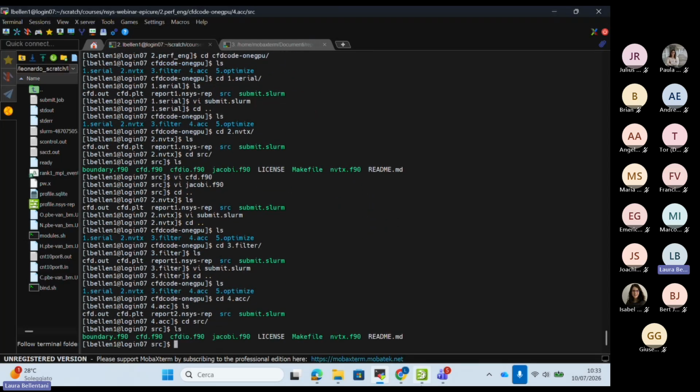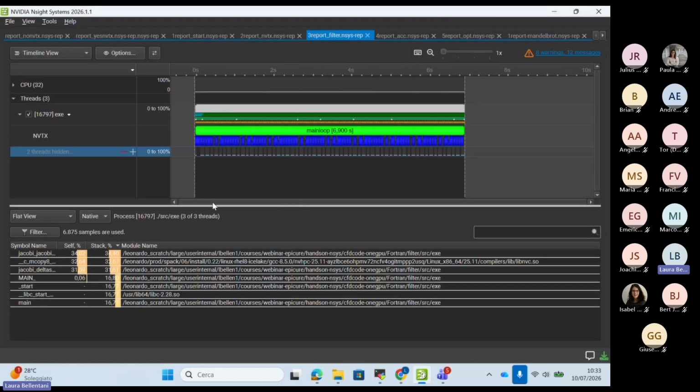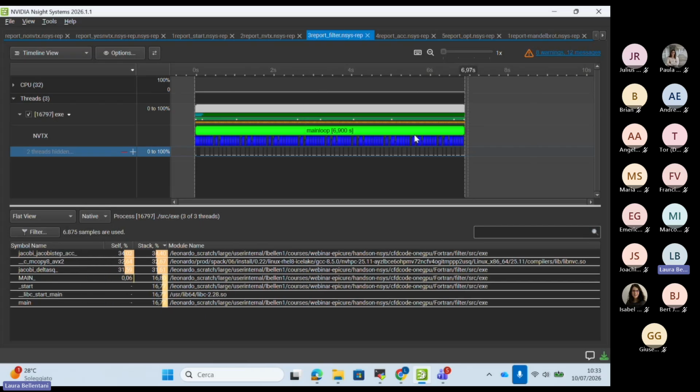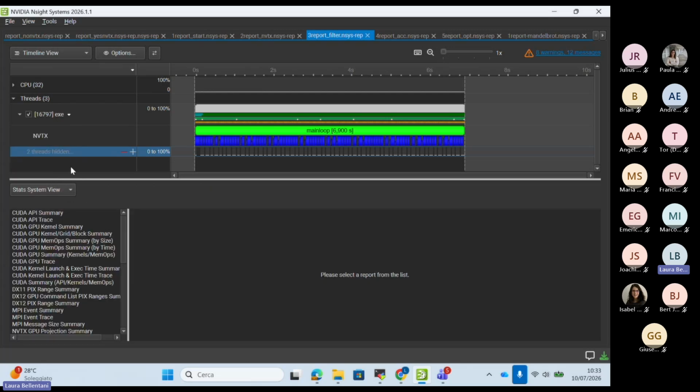Okay, so now I start doing some minimal porting with OpenACC. First of all, if I look at the flat view again, now I don't have any information related to the I/O phase because this has been traced out. But I can see that most of the time is spent in this Jacobi ACC and Delta SQ. I also want to show you that you can generate statistical stats, which are summaries for different events instrumented with minus trace.